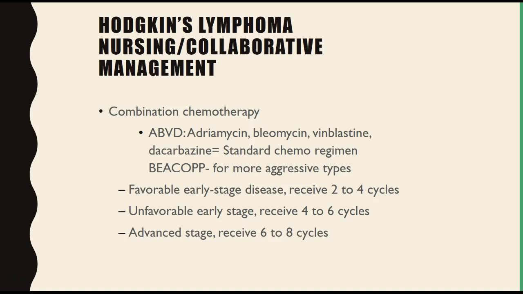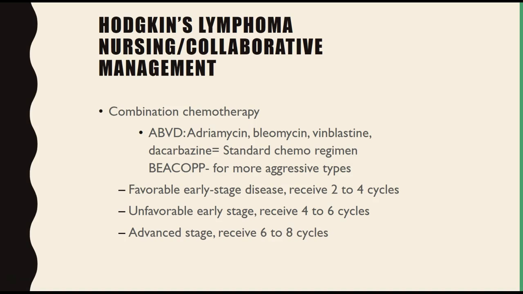Standard treatment protocols are with chemotherapy, and they will use combination chemotherapy. The most common standard for Hodgkin's lymphoma is the ABVD regimen. So they will use this drug combination of adriamycin, bleomycin, vinblastine, and dacarbazine to treat those standard cases of Hodgkin's lymphoma. If it is a more aggressive type of Hodgkin's lymphoma, they will use another type of drug regimen,